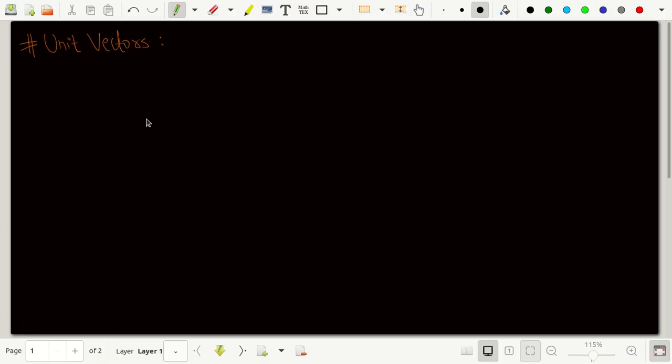Hello everyone, we will be starting with the topic of unit vectors for today. As the name suggests, unit vector. Unit means 1. So basically it has got a magnitude of exactly 1, and since it is a vector, it must have a direction as well. So basically a unit vector's sole purpose is to point and to specify a given direction.